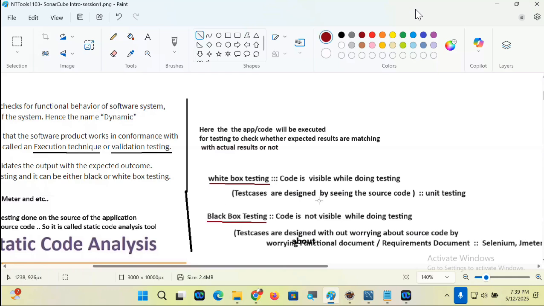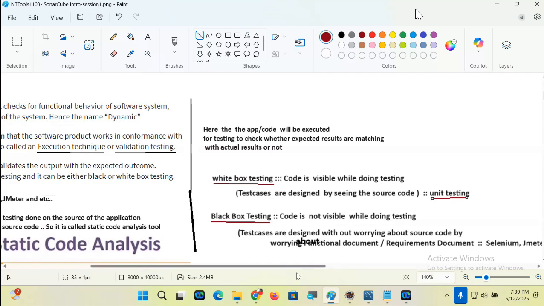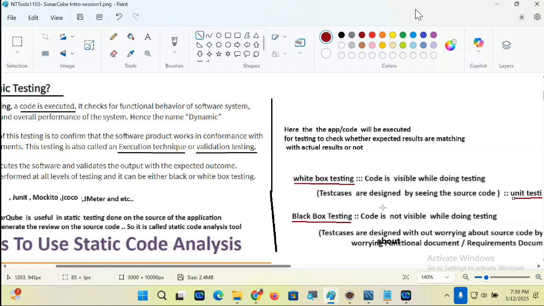Test cases are designed by seeing the source code. That is called unit test. Code is not visible while doing testing. Test cases are designed without worrying about source code, by relying on additional documents and requirements documents. Selenium, JMeter, all these are testers' testing, guys.